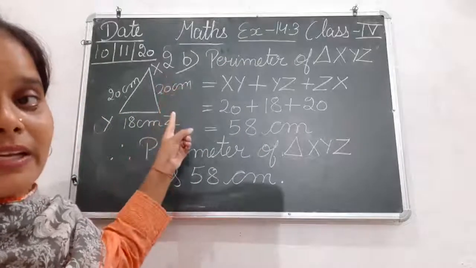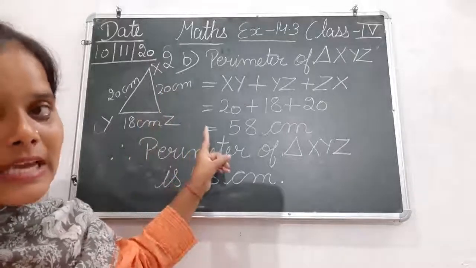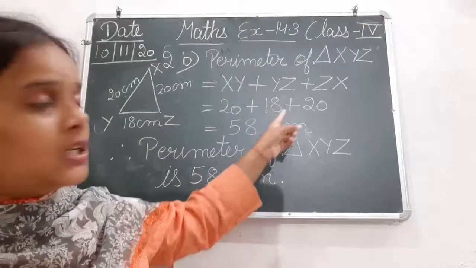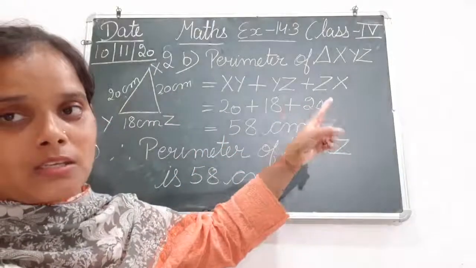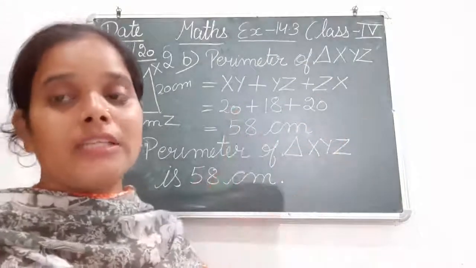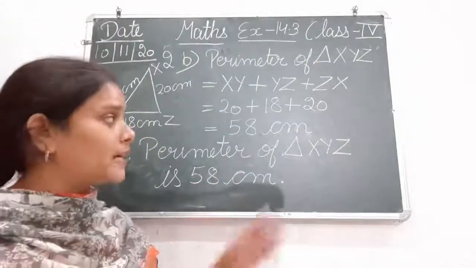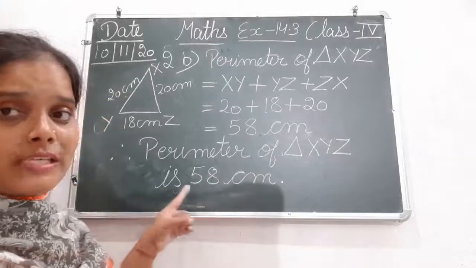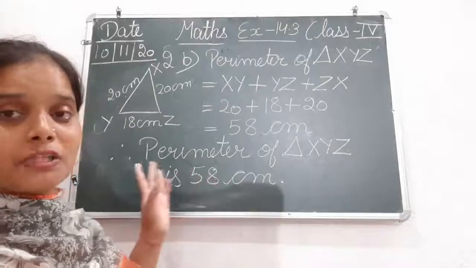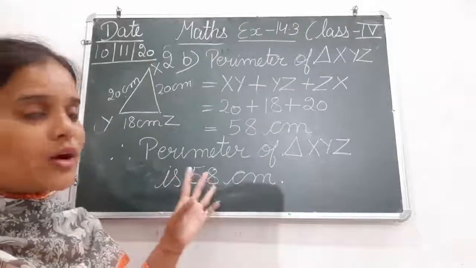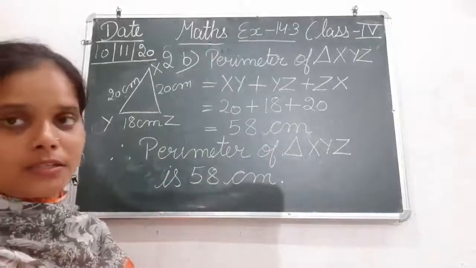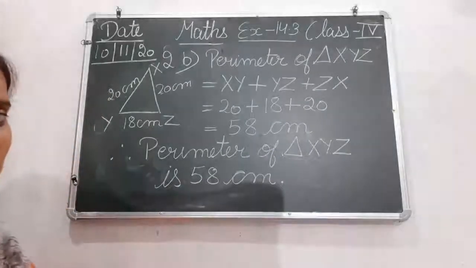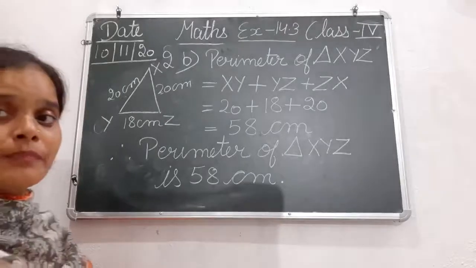So we have added the length of all the 3 sides. तो देखिए उसकी लेंथ XY की थी 20 सेंटीमीटर, YZ was 18 centimeter and ZX was 20 centimeter. So after adding the length of all these three line segments, we got the answer, that is 58 centimeter. So the question is perimeter. So this is the answer, that is, perimeter of the triangle XYZ is 58 centimeter. I hope that this is clear to you all, that how you are going to find the perimeter if a figure with the measurement was given.